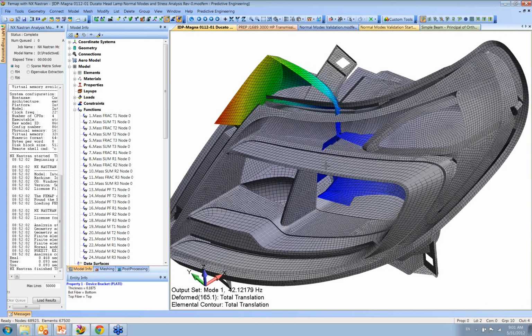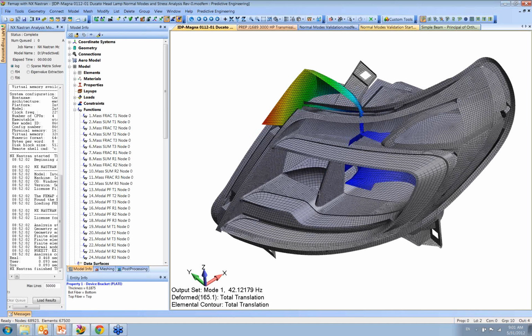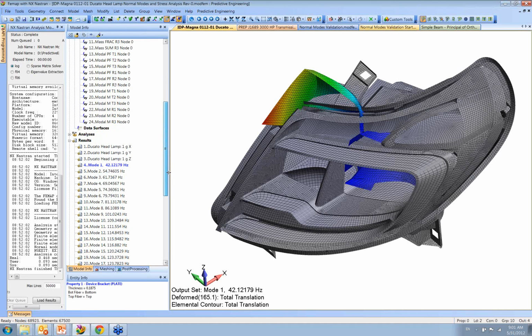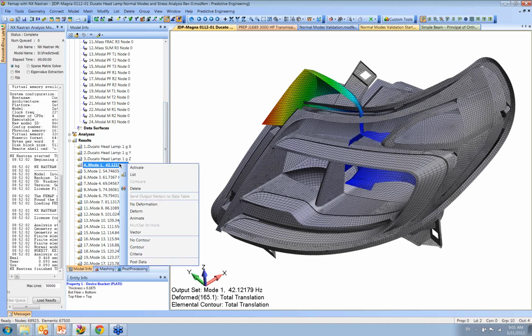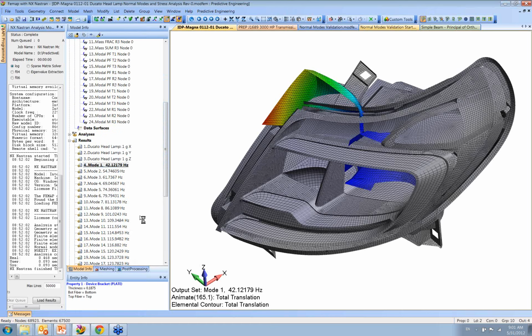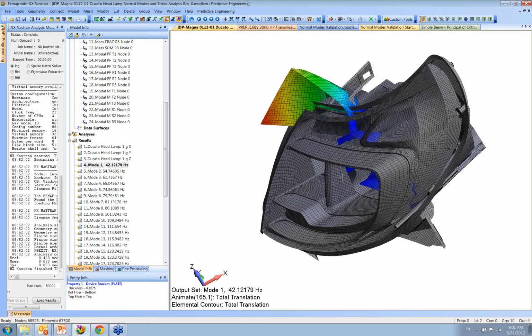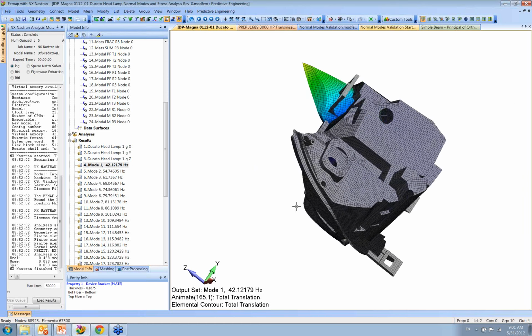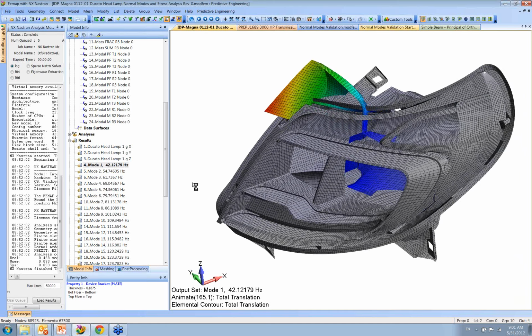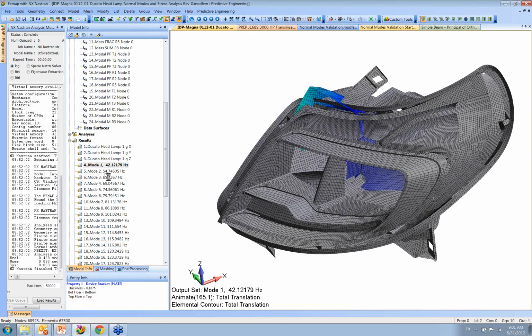And you run through the normal analysis, and the requirement on this is that they put it on a shaker table, and they shake it from 0 to 200 hertz. What you want is a structure resistant to that modal frequency sweep. You run the modes, and you get this at 42 hertz. That's an interior reflector that's just not quite constrained. It is what it is, and that's the way it moves. That was the subject of several redesigns.